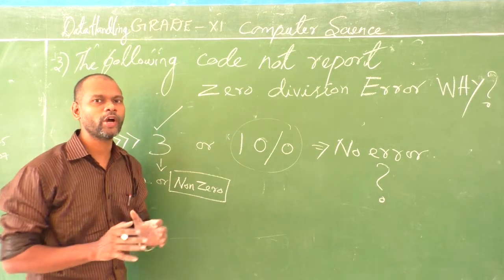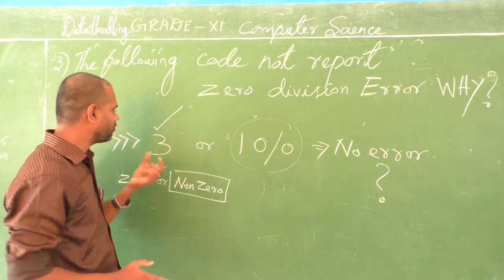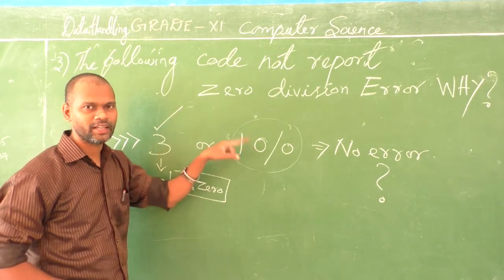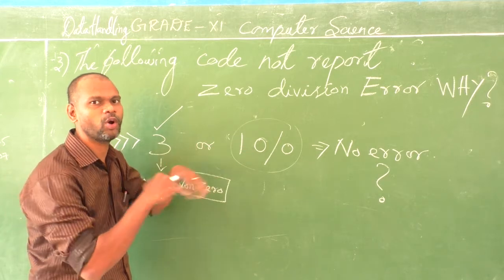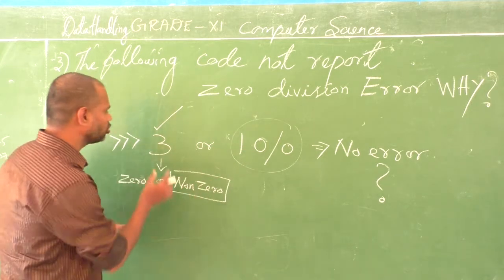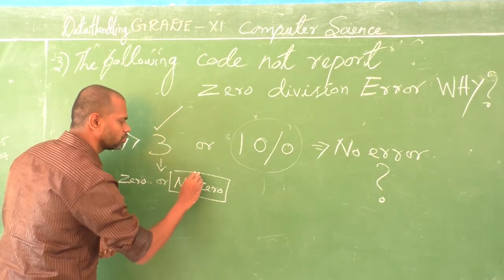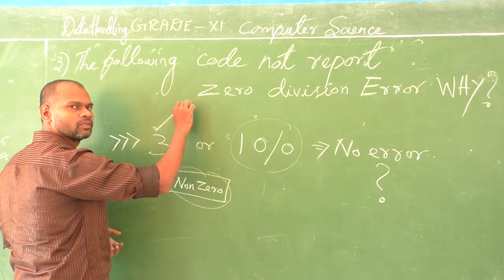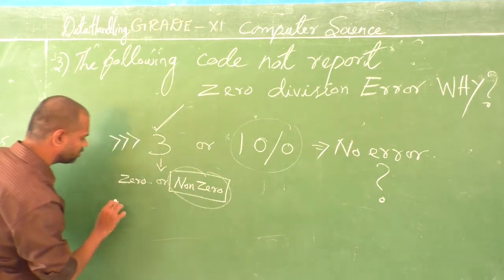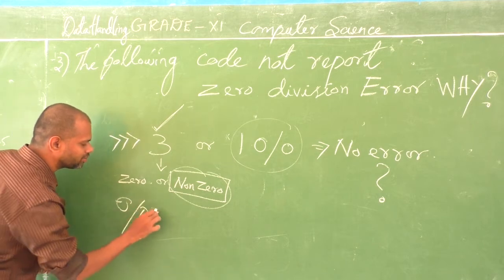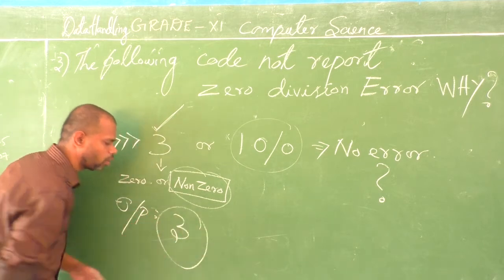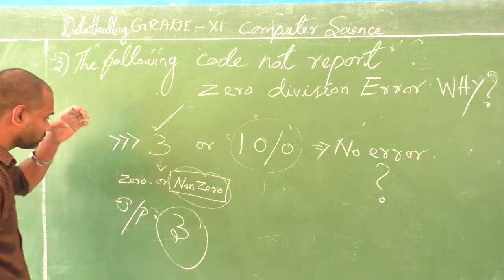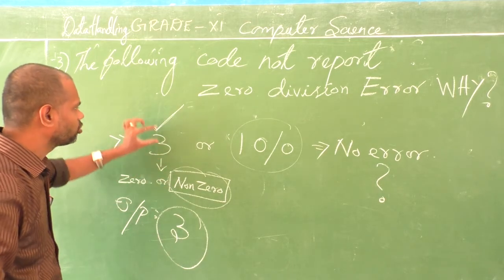You see, you are going to an interview. In the first interview itself, if you are selected, you won't go for the other option, you won't go to the next company. Am I right? So 3 is non-zero, since 3 is non-zero, it gets selected. If you press enter, the output is 3. What is the output? The output is 3.